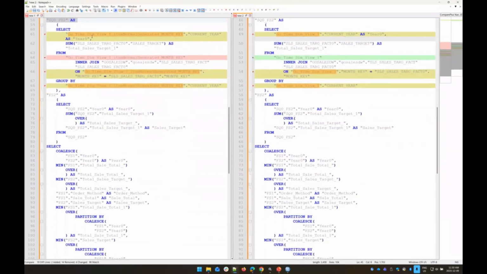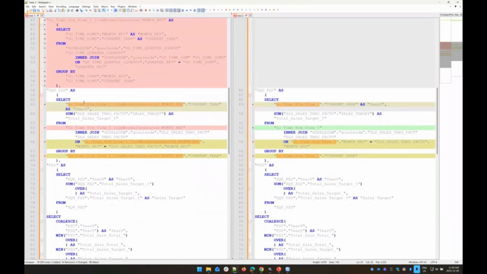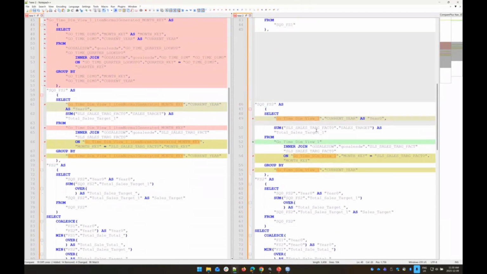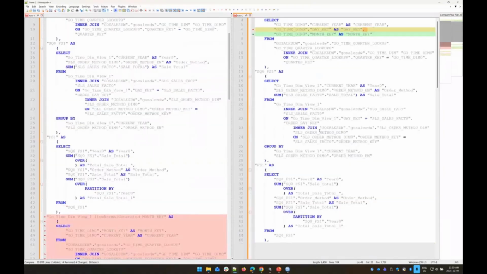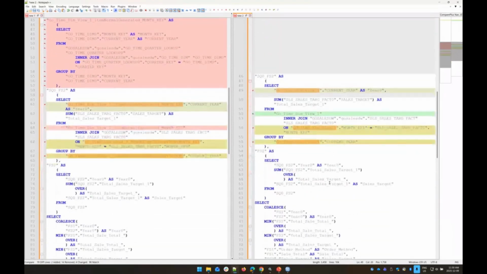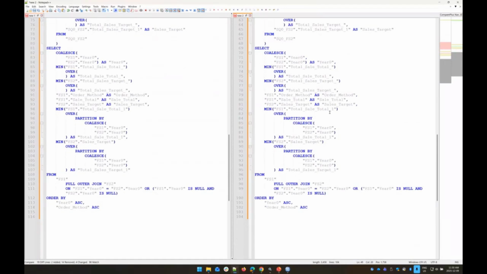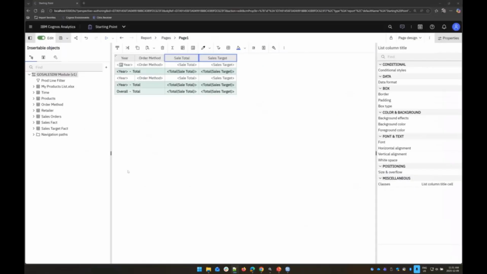Okay, and then these queries are similar, except this one is pulling from that additional month key time query, versus this one going all the way back up to grab the month key or the current year from that particular query. And then the rest is the same. So we now know that we are basically going to double count our sales target values for every day in that particular month. And so if we run this,